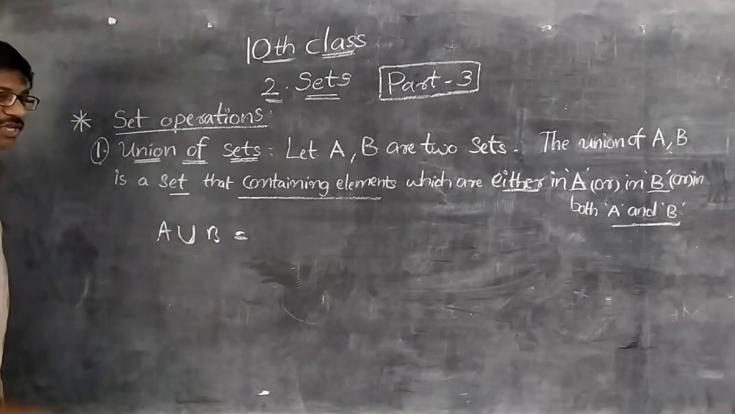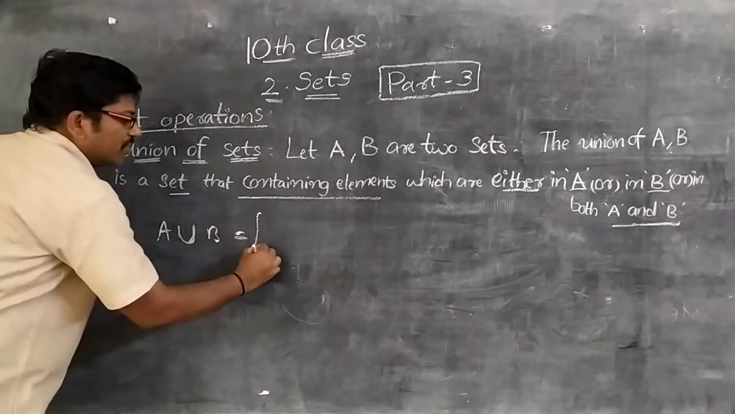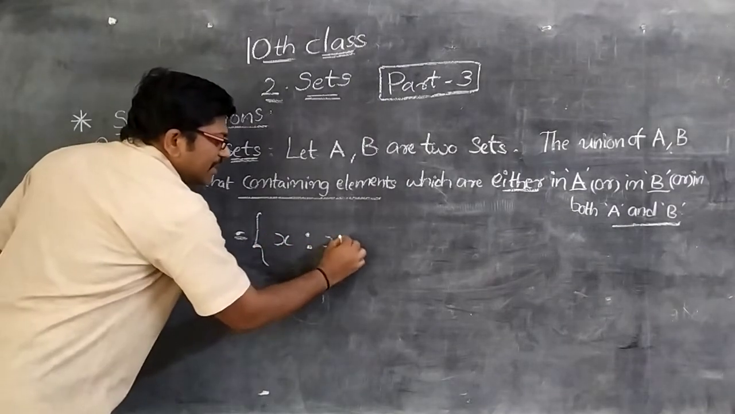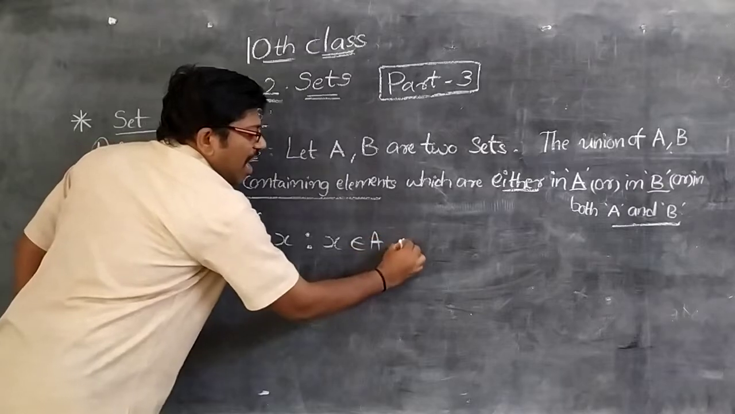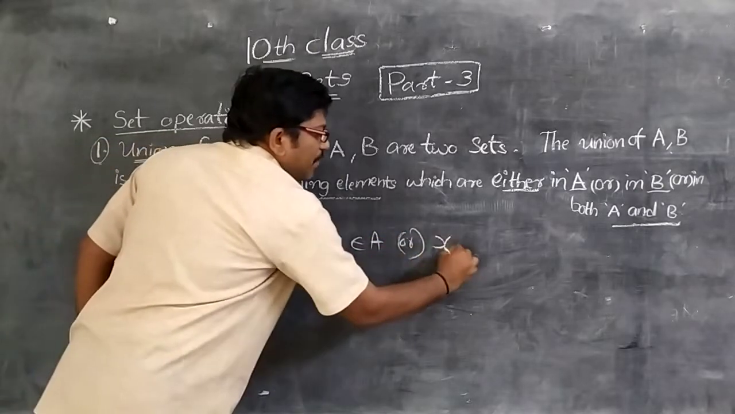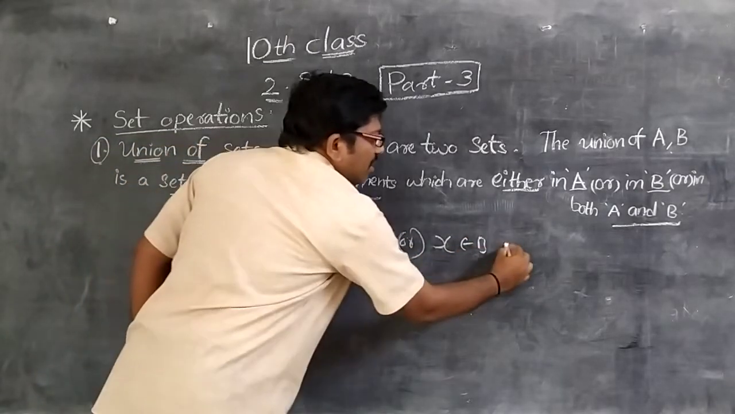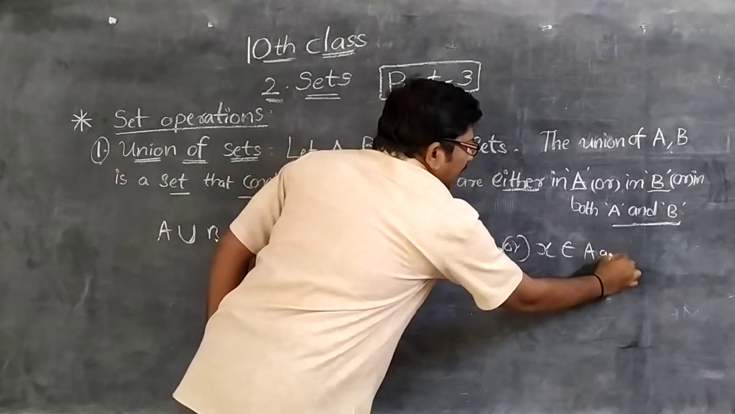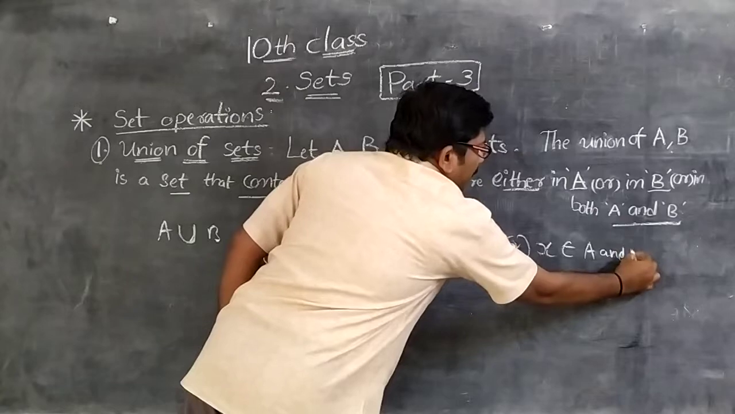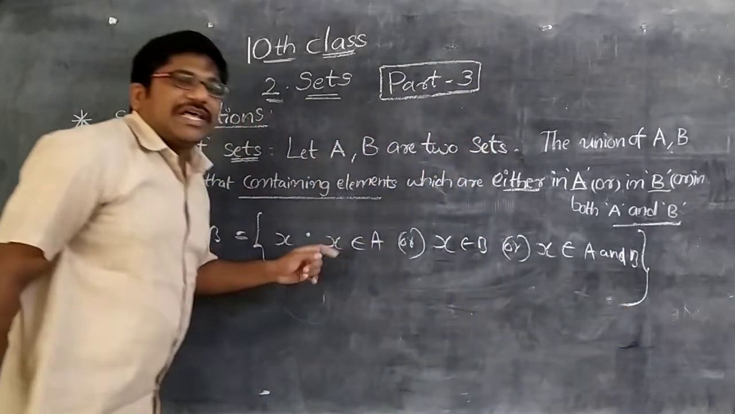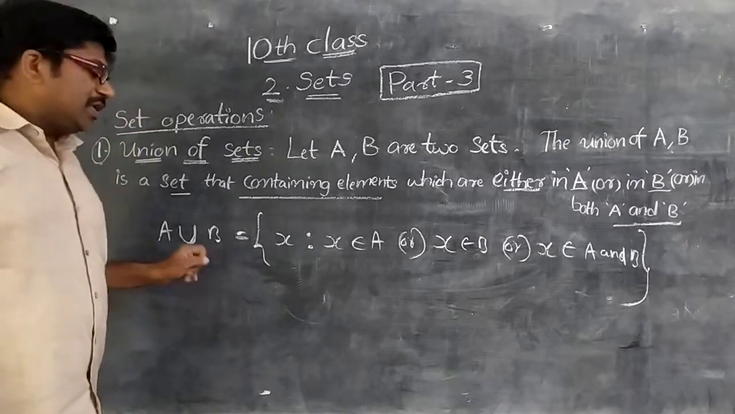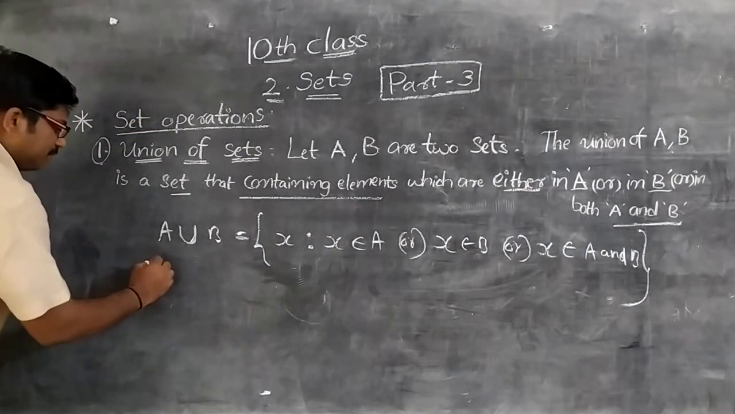It is read as union. A union B is equal to X such that the element X belongs to A or X belongs to B or X belongs to both A and B. This is the set builder form of union of A, B. Okay. For example,